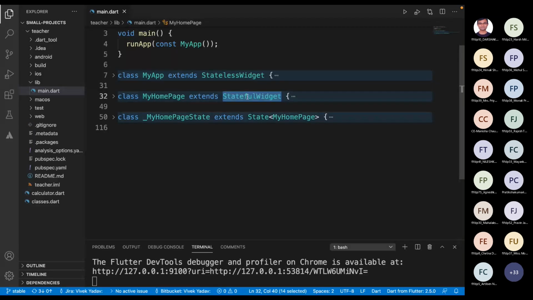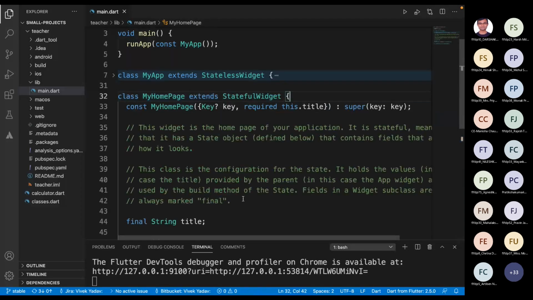Whenever we are updating a value for a widget, that means it should be a stateful widget. And whenever we have a widget which does not update itself, we use stateless widgets. You can also see that a stateless widget is a standalone class and does not need anything else, but a stateful widget needs a state class. The state is always associated with the stateful widget.